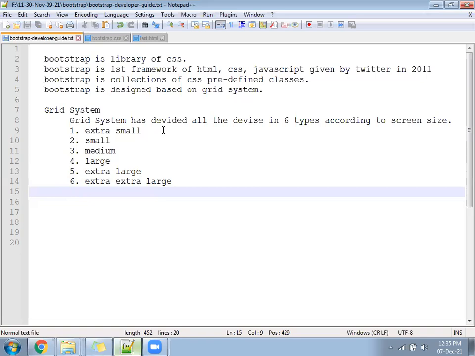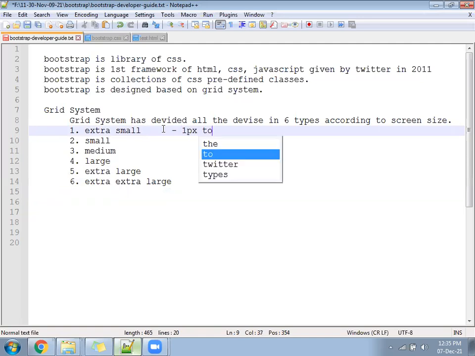Inside that, we have extra small, small, large, extra large, and many more. Grid system basics. Okay, two size names have come newly. Those devices whose screen size is 1 pixel to 576 pixel.